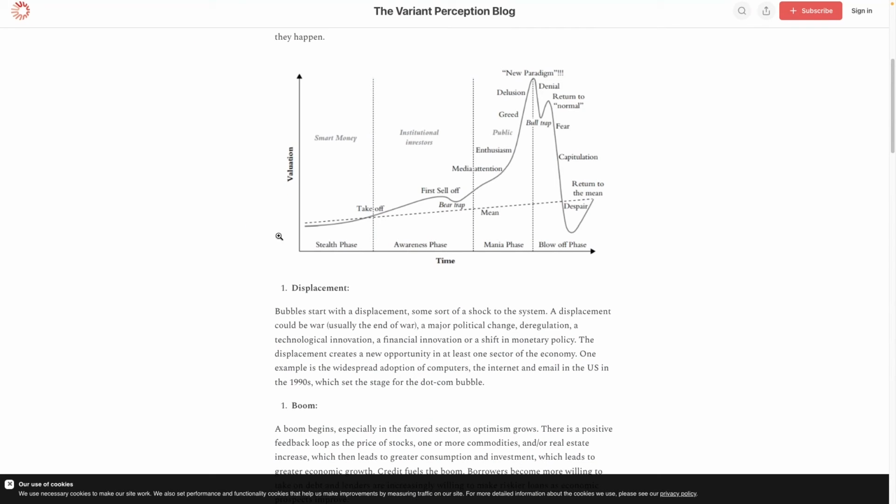Some people look at it like this. Smart money gets involved early. You've got the institutional investors. Then you get the mania phase. This is when the public get involved, and then you get the blow-off phase. So it's very similar, right? So remember, institutional investors. I remember I was looking around Bitcoin, and I saw the first Bitcoin article when Bloomberg was saying that Bitcoin can make $100,000, and at the time Bitcoin was like $9,000, I think, or maybe $6,000. So it was a huge awareness from institutional investors, right?